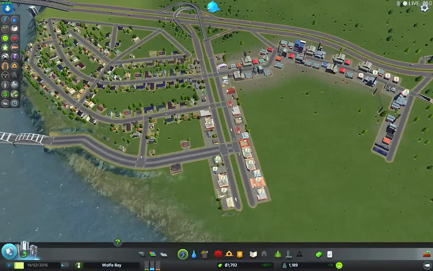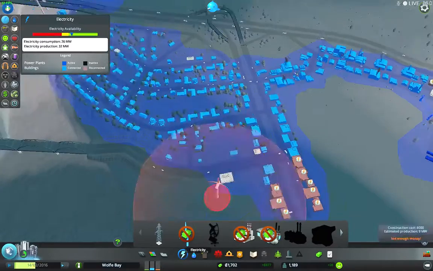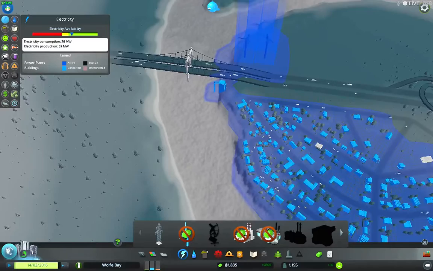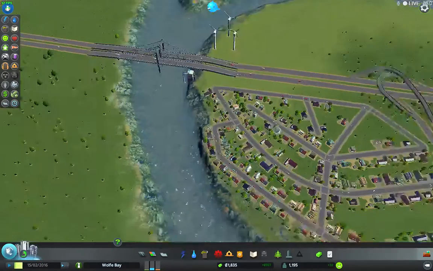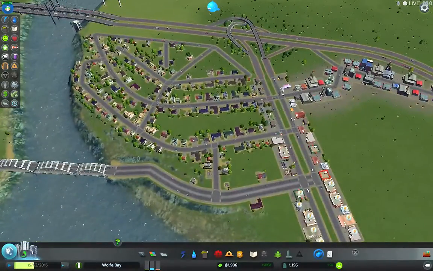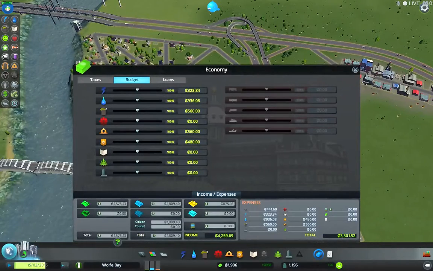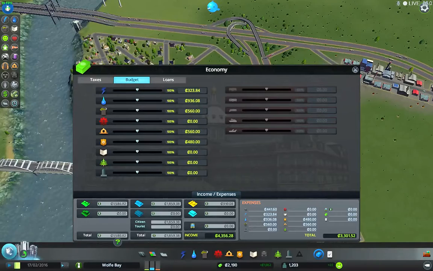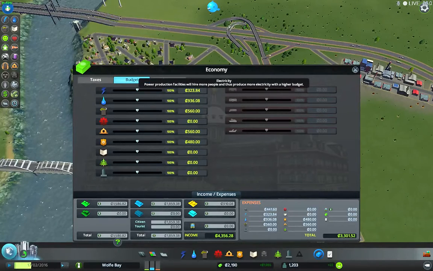And I'm now running into power problems again. I still don't have enough money, and I don't have enough money for that. Oh, no. Well. Aha. This is how we fix our problem. Budgeting is going to come in very, very handy in this game. Instead of adding more and more and more, you can actually just up their budget and it'll produce more. So we'll go over here to our electricity, and I'm going to scroll wheel